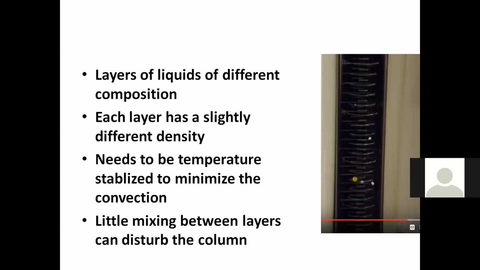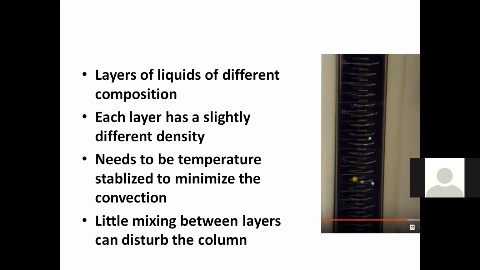Now there are a few factors which influence the measurement also. One is temperature. That's why it needs to be temperature stabilized to minimize convection. As you know, heat transfer takes place by three means: conduction, convection, and radiation.